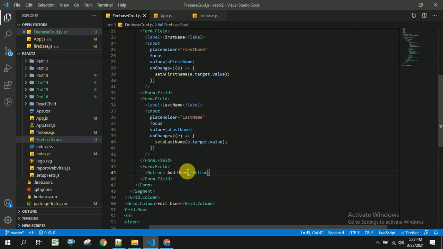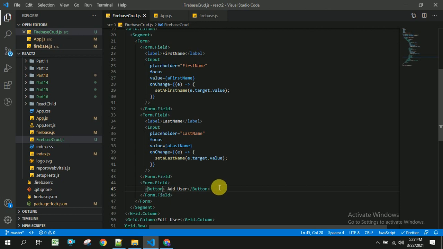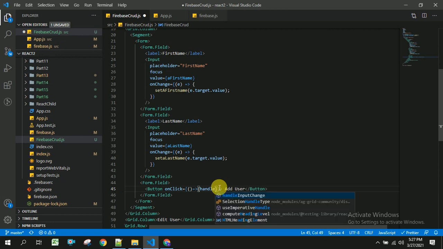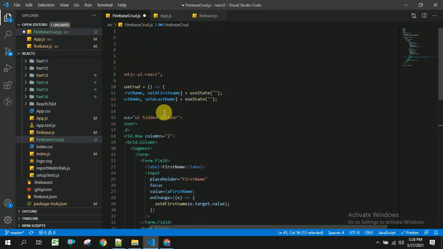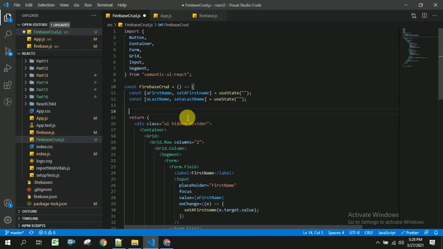Now inside this button, once the user clicks on this button, the on click event handler will be called, handle add user. I am going to create this handle add user inside our React functional component by using arrow function syntax.